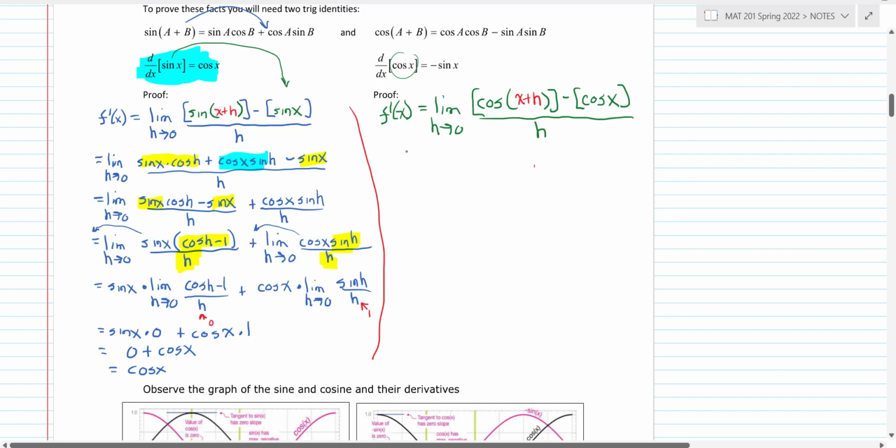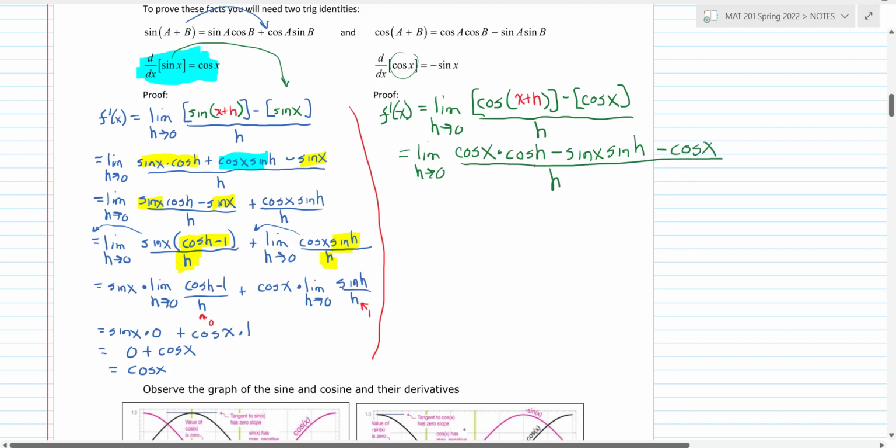All right, so when we put this together, it goes like this. We have the limit as h goes to 0. Now we're going to go cosine, cosine, sine, sine, different sign. Hopefully I'll get that stuck in your head. So cosine x, cosine h, sine x, sine h, different sign, then bring the minus cosine x down all over